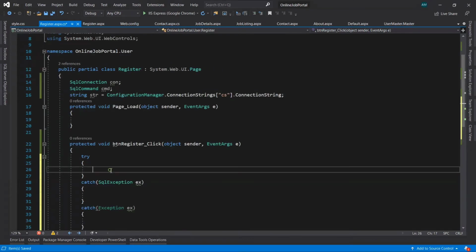Inside the try block, we'll save the data inside our database.